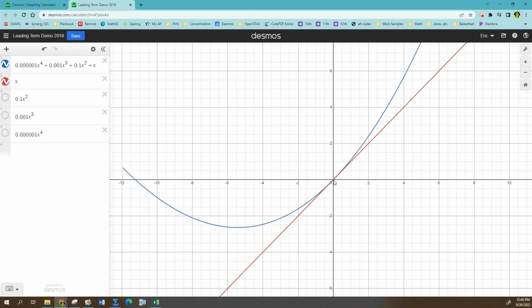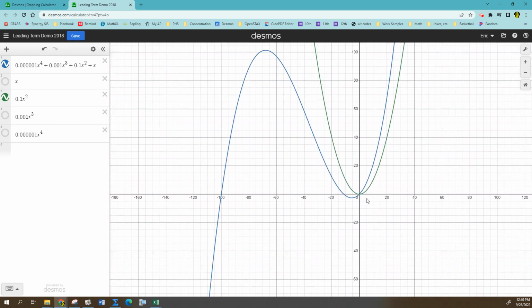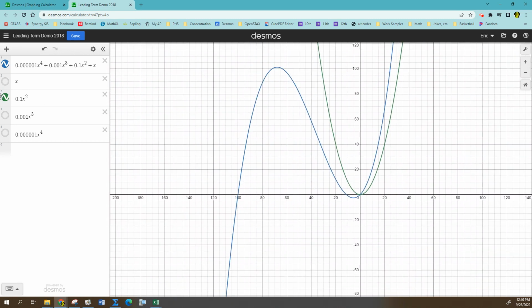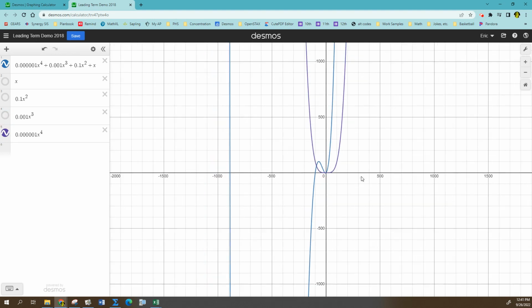Okay, now it's nonlinear. Right? If I compare that to a quadratic function, they seem similar, right? So we might say, okay, well, it's the quadratic term that dominates. Of course, if I go out a little further, I see that no, that's not the case. It's not the quadratic term. It seems to be the cubic term. It matches most closely. And obviously, if I go out even further, there's going to be a point where all those other terms are not going to matter, and only the quartic term is going to be the dominant term, right? And if I go out far enough,